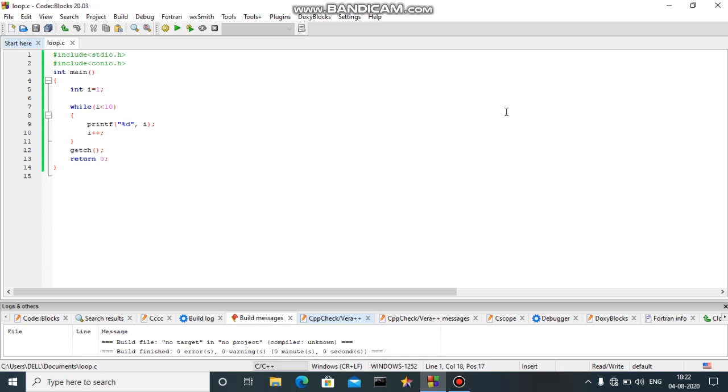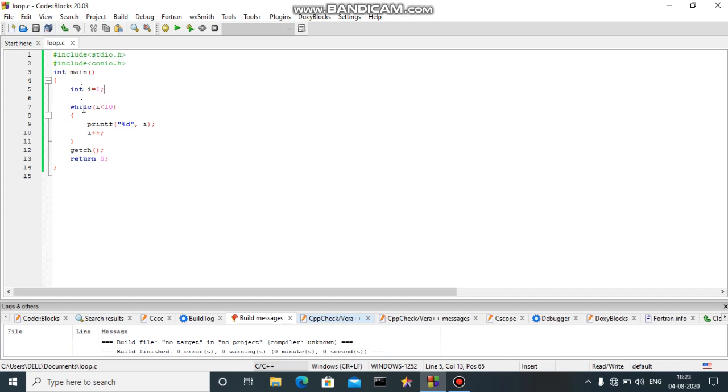I'll start with while loop. The first basic loop is while loop. So let's check the program. We will need a variable, that is I, as an iterator. We have used I before in the for loop, so in the same way we'll need an iterator for the while loop. But in while loop there's no syntax like initialization, condition, and increment or decrement. So here we'll have to initialize the value before the loop starts. So I have assigned the value I is equal to 1.